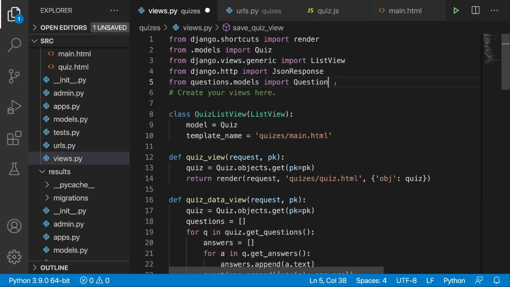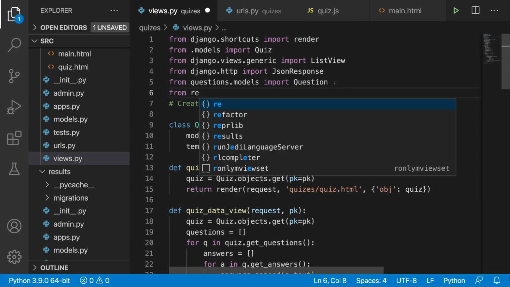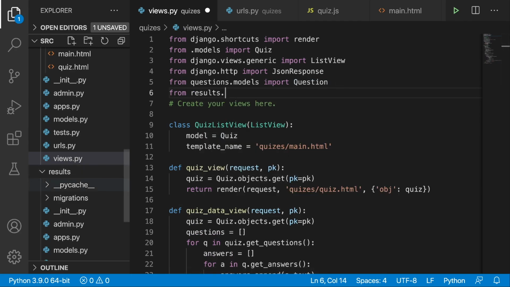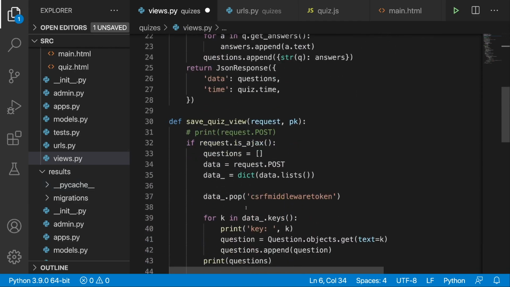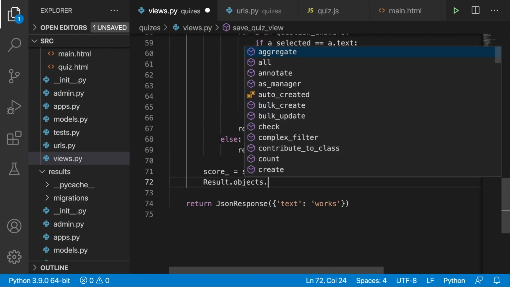So let's go to from results.models, we want to bring in the Result. Okay,